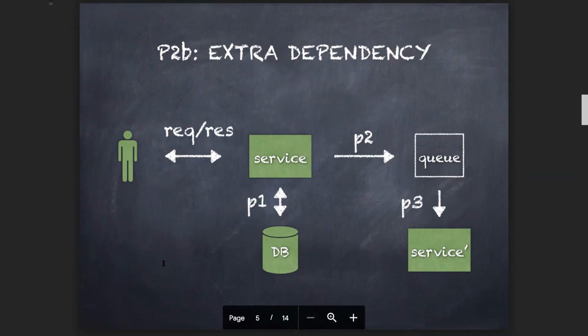PHP is working well, Nginx is working well, MySQL is working well, but actually because it's PHP, every request makes one connection to the queue, so we are unable to serve 1,000 requests per second because of that dependency. So that's also a big problem.